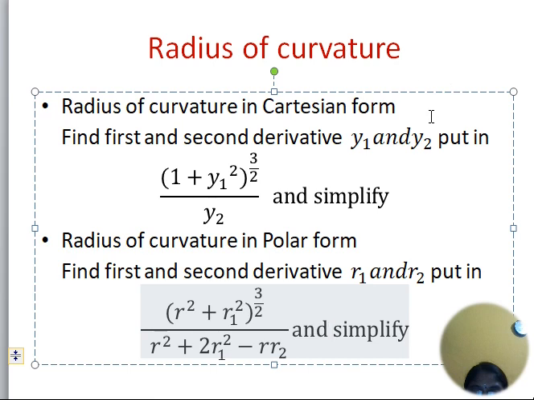So if the given equation is in terms of x and y, which is known as Cartesian form, then we will find its first derivative, denote it as y1, and the second derivative, denote it as y2. So this value of y1 and y2 we are going to substitute in this formula for radius of curvature in Cartesian form, and simplify it. So if particular points are mentioned, then we have to find the value of y1 and y2 at that particular point and then simplify. Similarly, if we have got